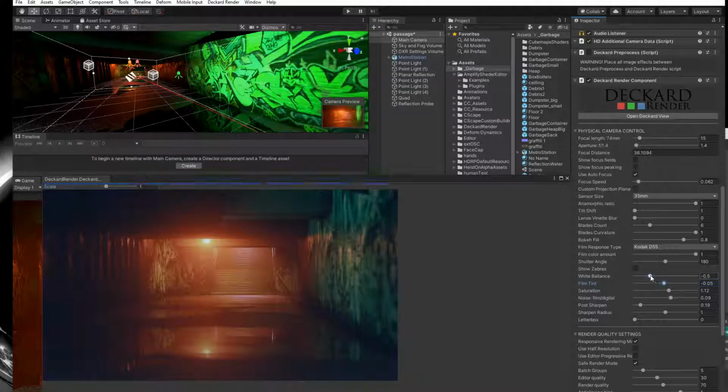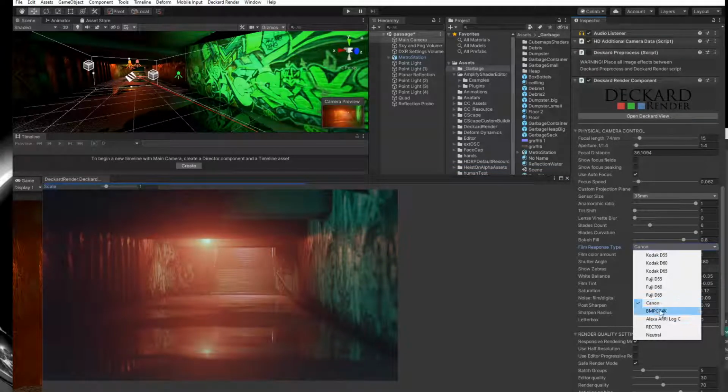So yeah, something like that. Let's try some different films, because DaVinci has this great feature that it can simulate various